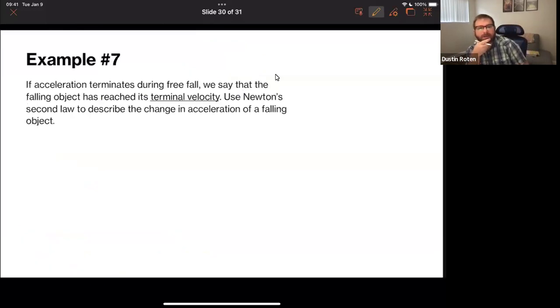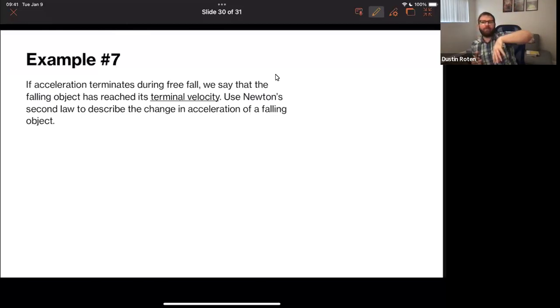So if an acceleration terminates during free fall, so something's falling, it's speeding up, and then all of a sudden it stops speeding up and starts traveling at the same speed, well, that's its terminal velocity. So let's use Newton's second law to talk about what's going on when something hits its terminal velocity. Because